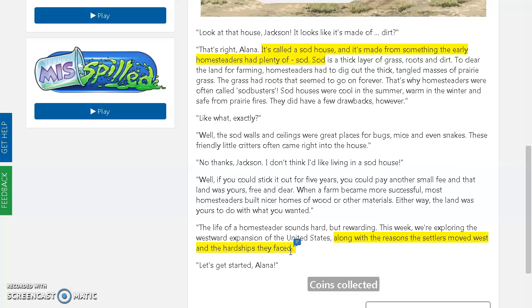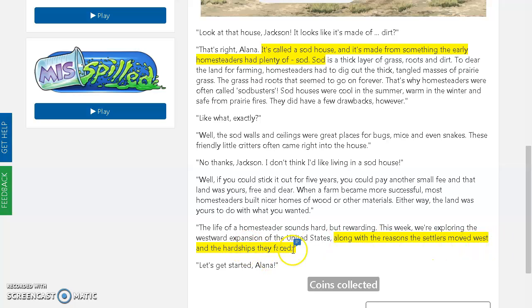Also under the sod-busting settlers, you're going to see a timeline picture. You need to know that in this timeline picture, the event of the Homestead Act was what encouraged settlers to move out west. Right here it says, the life of a homesteader sounds hard but rewarding. This week we're exploring the westward expansion of the United States, along with the reasons the settlers moved west and